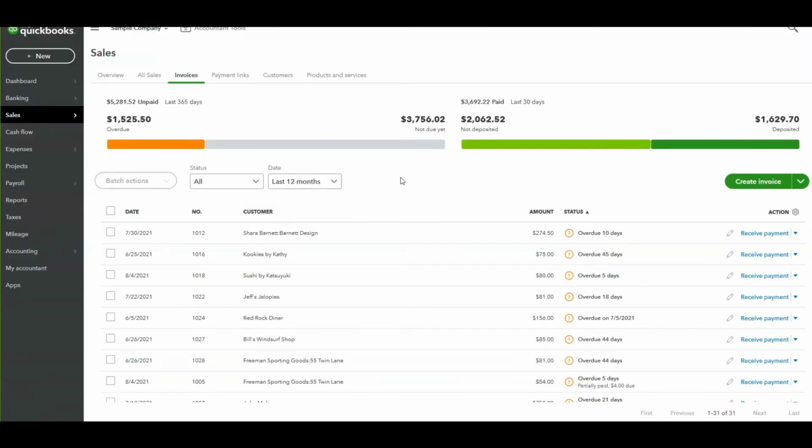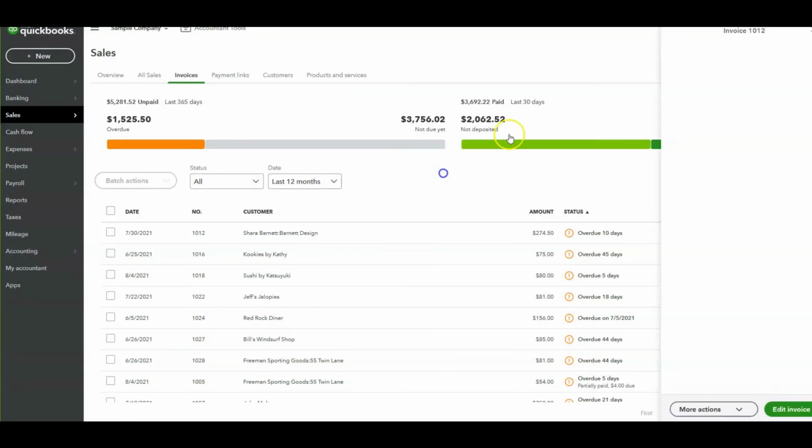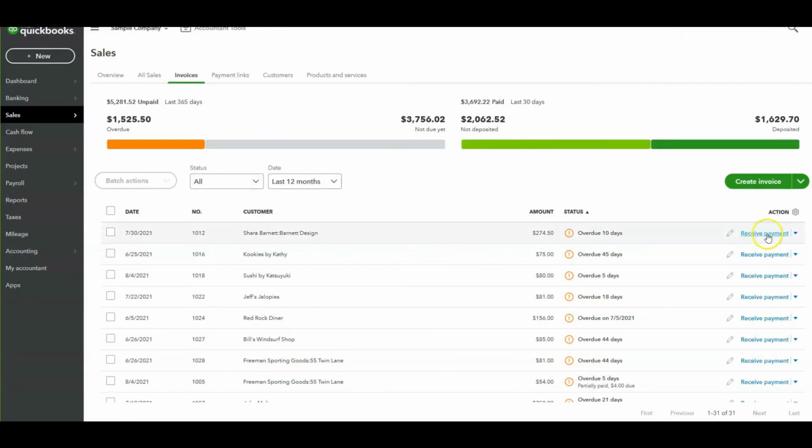You can refer to part 1 or part 2 in terms of how to set up the invoice format. But I will no longer cover that here. So now we'll show how to do the receive payment. So for example, we have this customer and we receive a payment for this amount, 274. So we click on that. So we click receive payment,